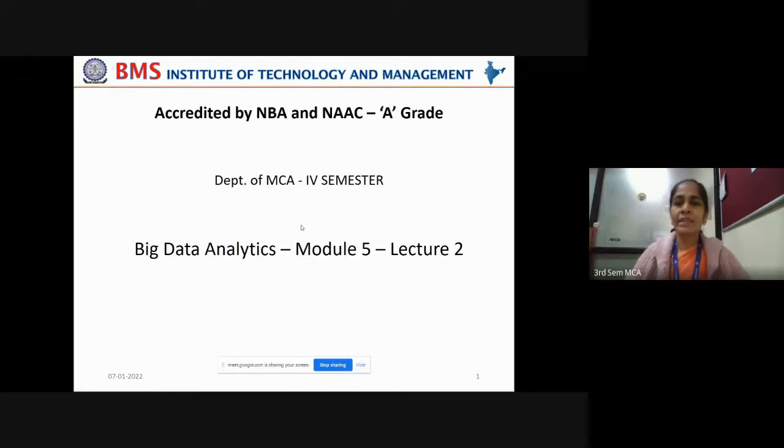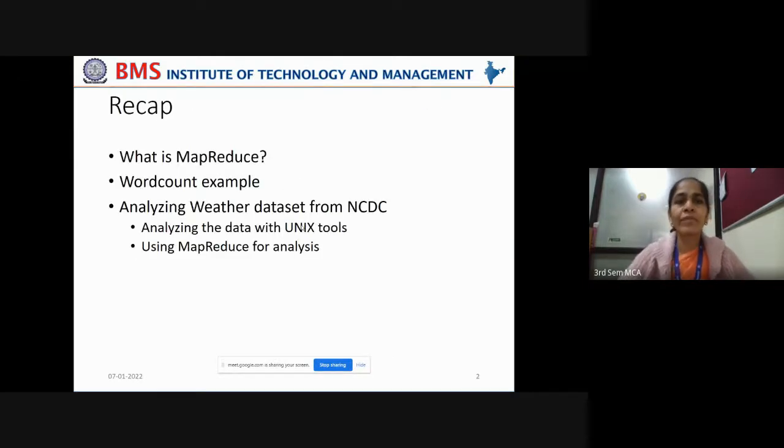Let's now move on to our second lecture under module 5. In the previous lecture, we have seen how MapReduce works at an atomic scale using a word count example, where we take a smaller text file, split it into input splits, and map them onto various data nodes in the map phase.